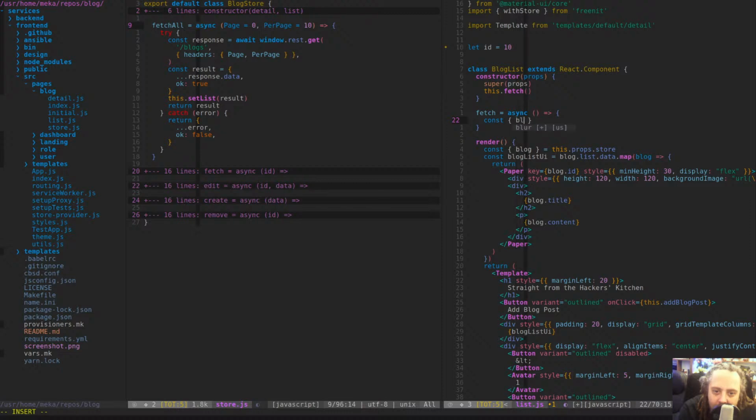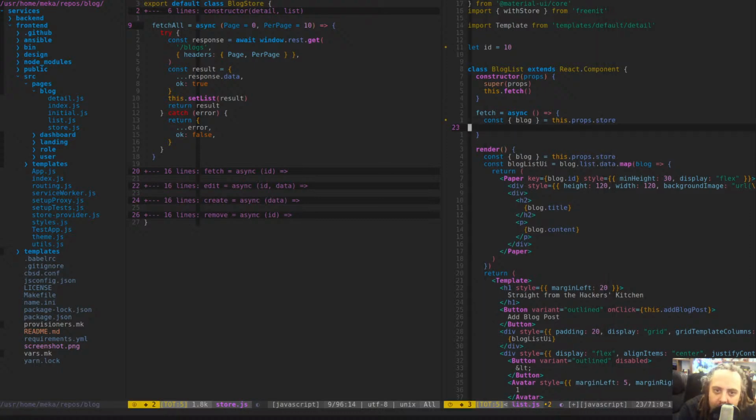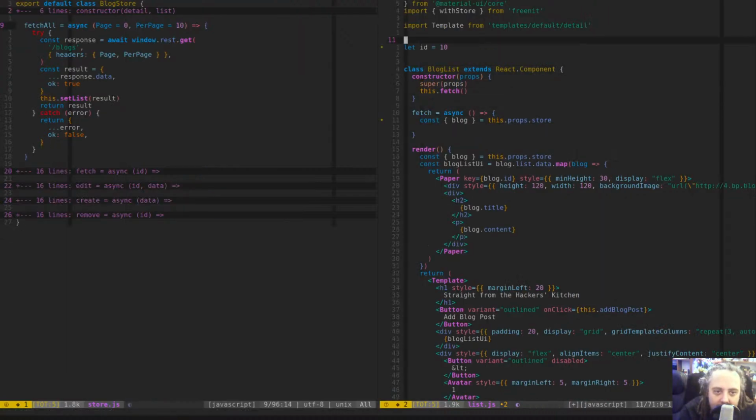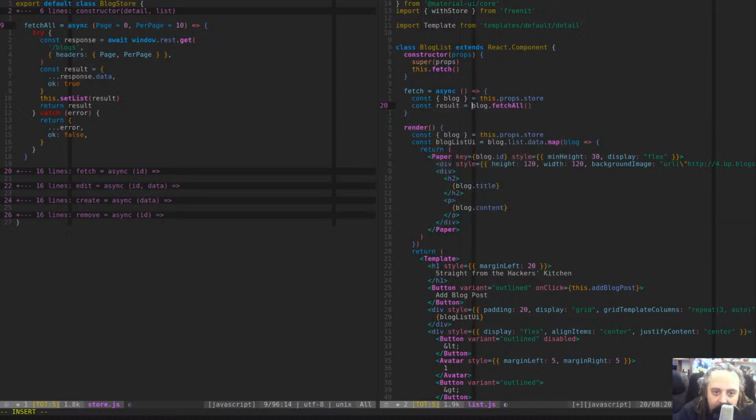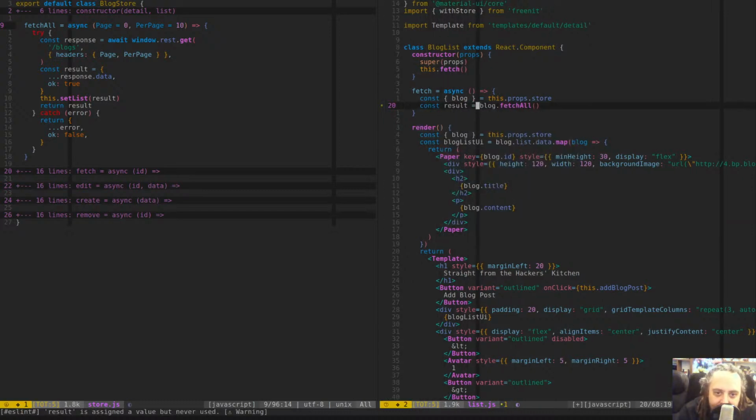So I need block from props store, and inside that, okay, let me really simplify this one. Yeah, this is not needed anymore. This is not the way to write it, but this is the way to understand it. So I'm going to call fetch all, and I'm going to fetch the result. Actually, don't even do that. Let me just call fetch all